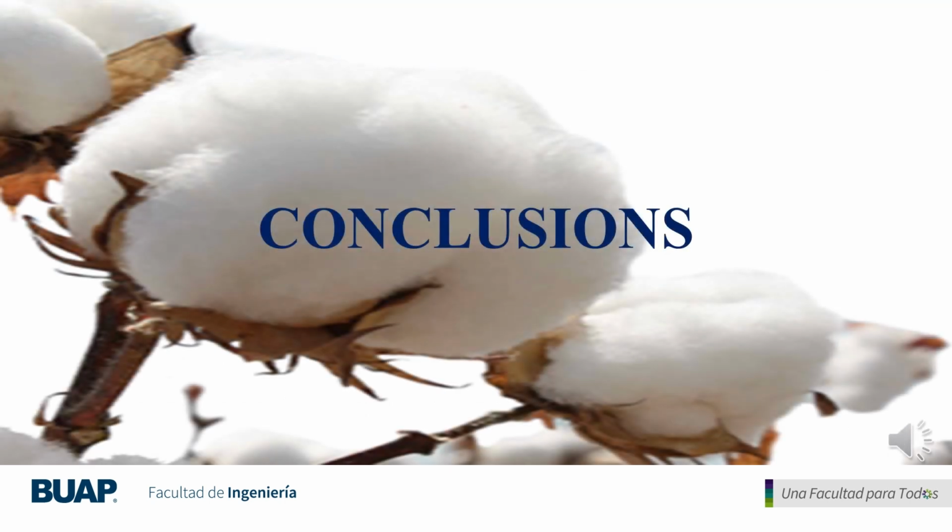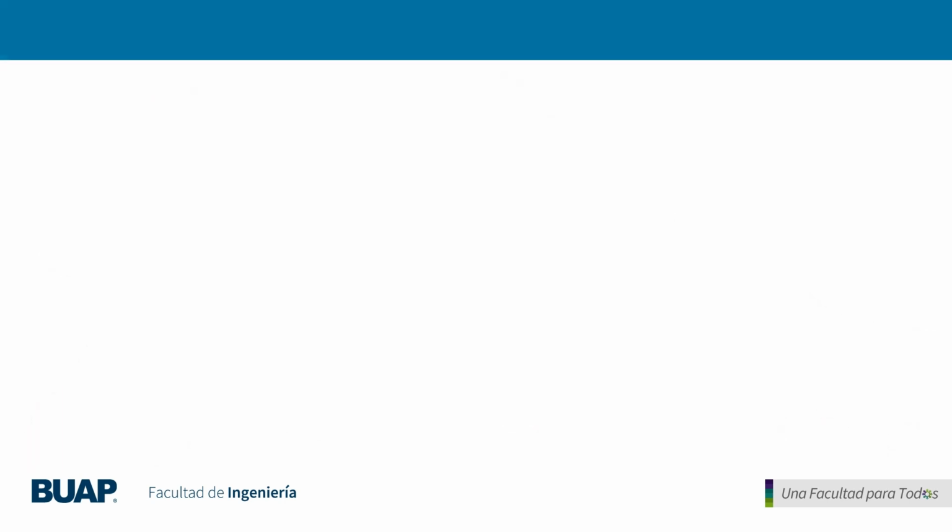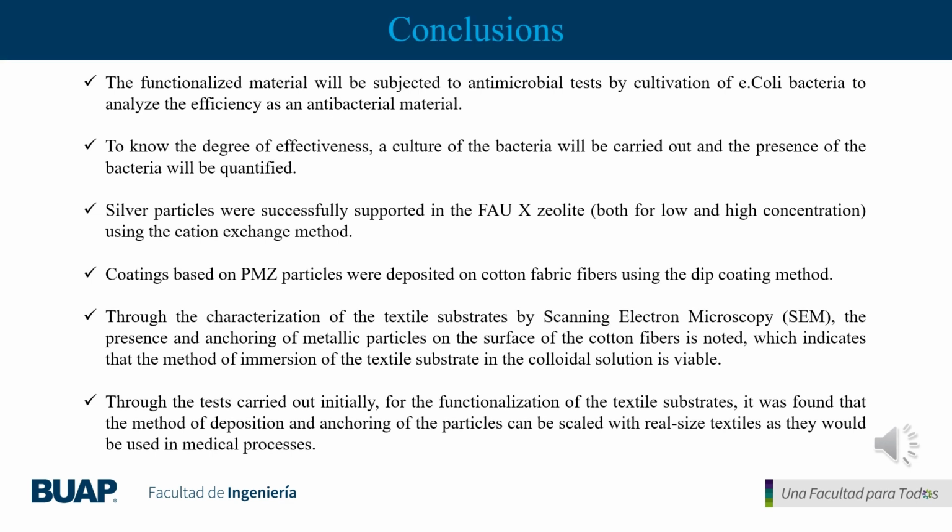Conclusions. The functionalized material will be subjected to antimicrobial tests by cultivation of E. coli bacteria to analyze the efficiency as an antibacterial material. To know the degree of effectiveness, a culture of the bacteria will be carried out and the presence of the bacteria will be quantified. We can summarize that it was possible to support silver particles in the VX zeolite, both for low and high concentrations using the cation exchange method,